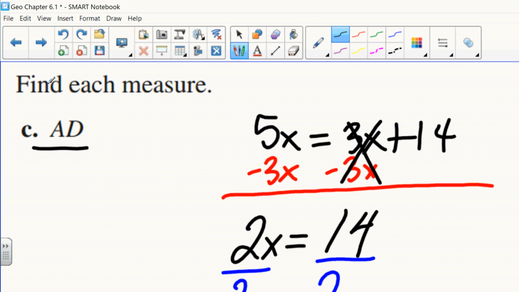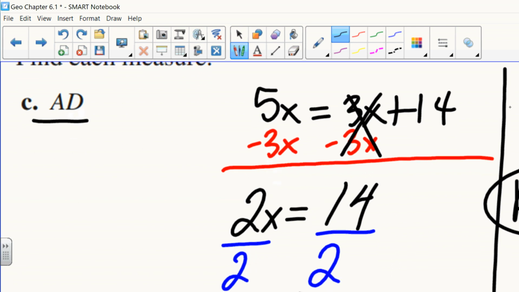The measure of AD. So the length from A to D. Well, what is its length? 5x. So to solve this, we need to do 5 times 7, which would be, so AD would be,